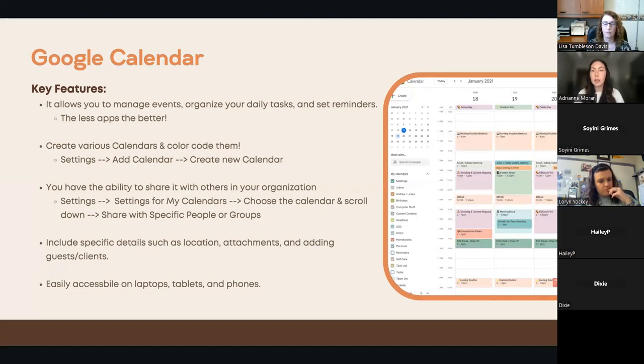If you are like me, I love that you can make it aesthetically pleasing to fit any colors, color palettes that I like. But essentially, Google Calendar allows you to manage events, organize your daily tasks, and set reminders. So the less apps for me, the better. I absolutely love that all of these Google tools can easily be integrated into